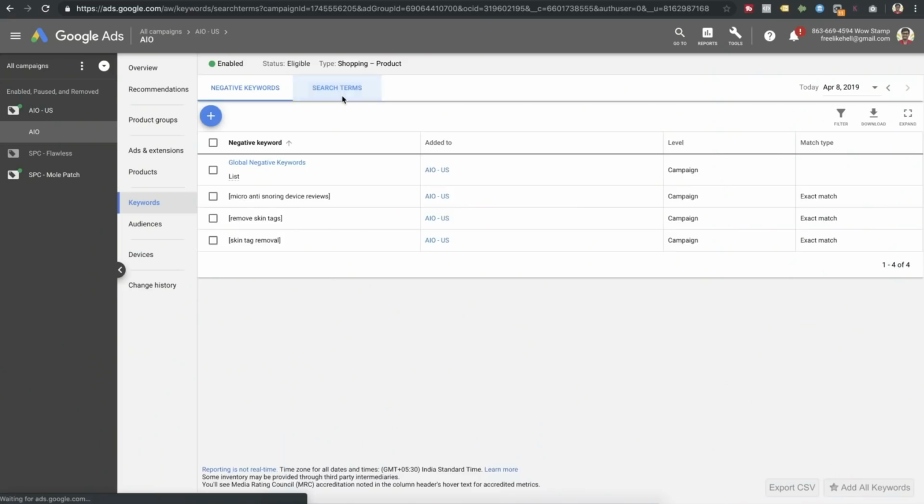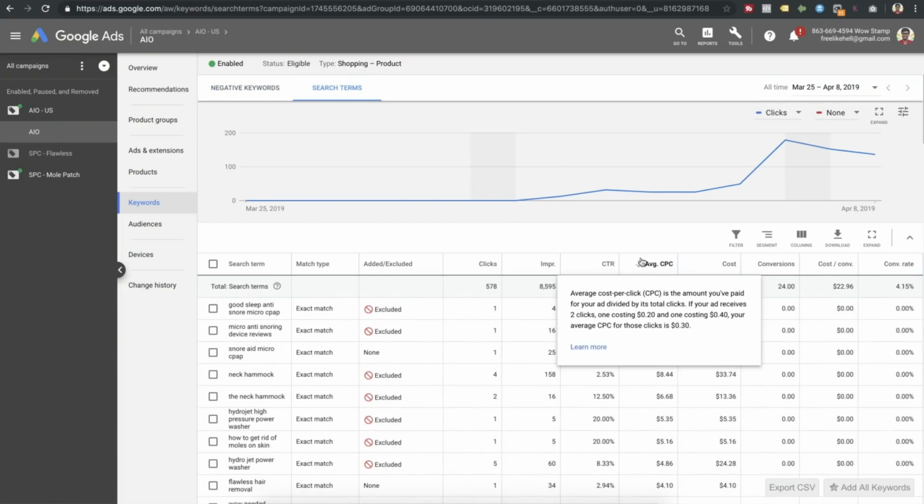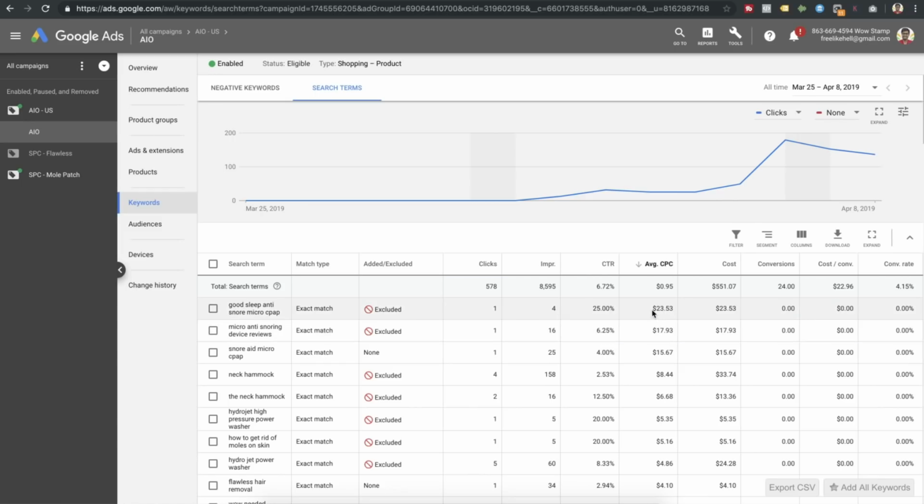Because we didn't set that, what Google ended up doing was spending a lot of budget, a lot of money on some keywords that were super expensive, but didn't really get me any results. And what am I talking about? If I go inside search terms here, you'll see all these particular keywords. So let me sort by average CPC. And as you see here, this particular keyword has an average cost per click of